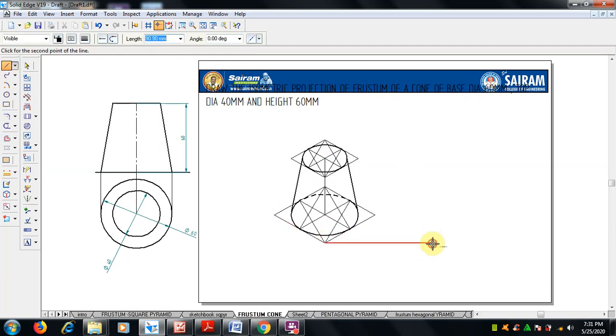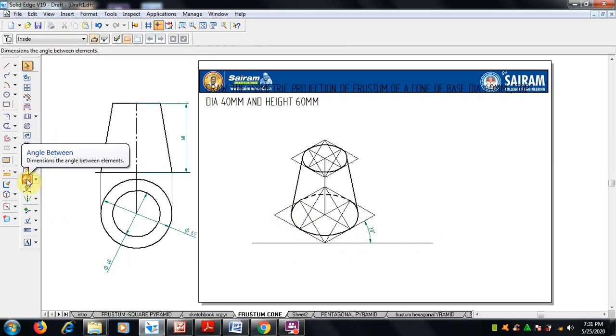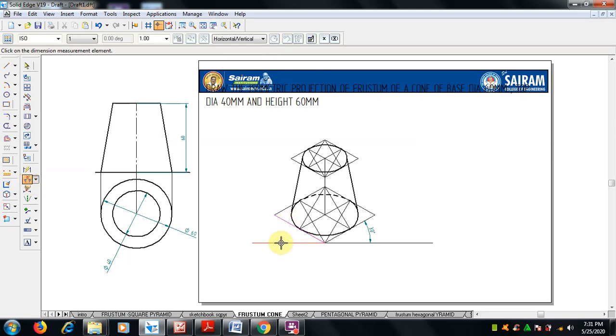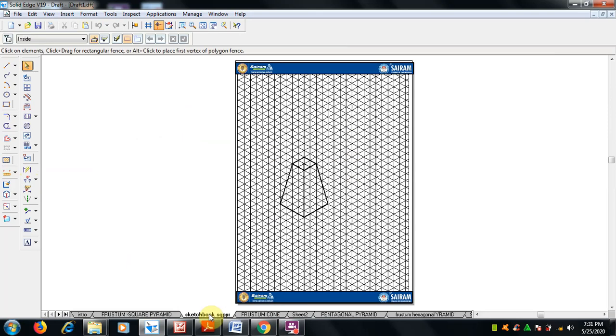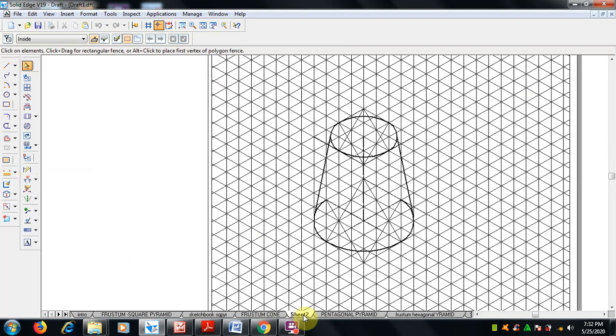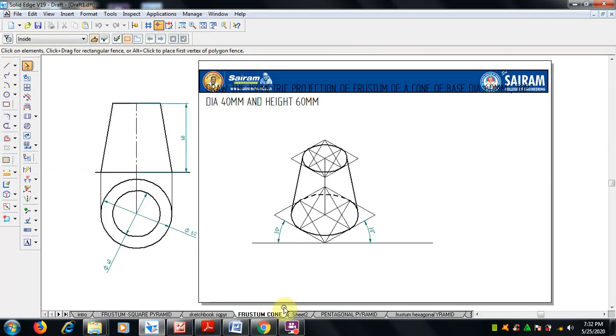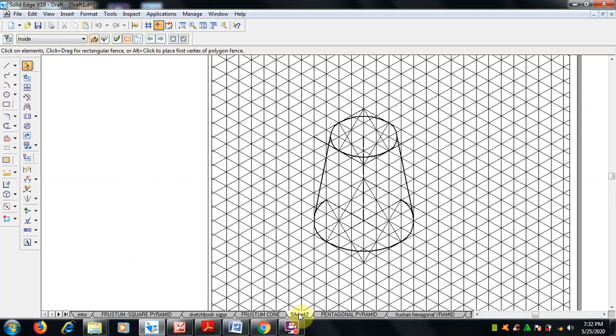just to show this, I draw this to check whether we are at a 30-degree angle or not. Just check it out. We have to make it 30 degree. Starting itself we can make it, but once isometric is done, then it will be reduced. Okay, so this is how we have to draw here in sketchbook, how we have drawn, and how we have to draw in CAD. So both are done. Right, I hope you have understood.